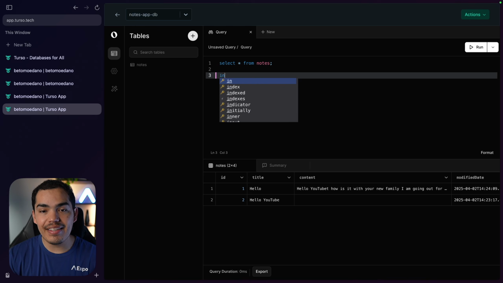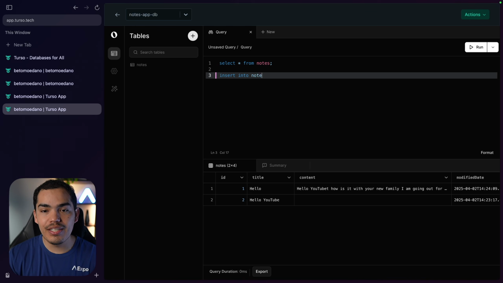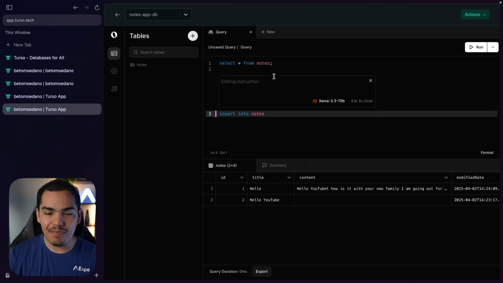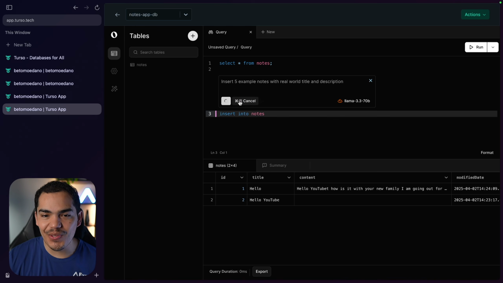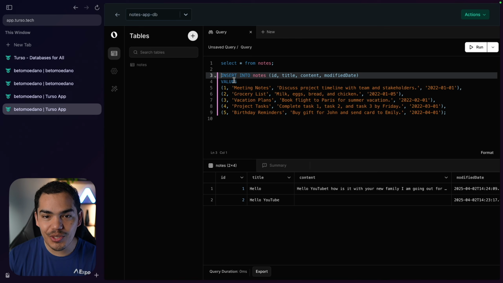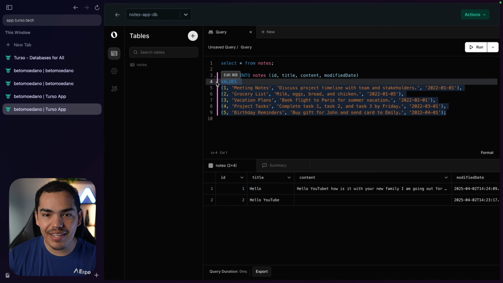So I'm gonna say insert into notes, and something super cool is that we can press Command B, and this is going to bring this AI helper. So I'm gonna take advantage of this AI agent, and I'm just going to ask it to insert 5 notes with real world title and description. Let's see what it comes up with. Okay, and that was fairly quick, so I'm going to just accept this, and then let's go ahead and select this